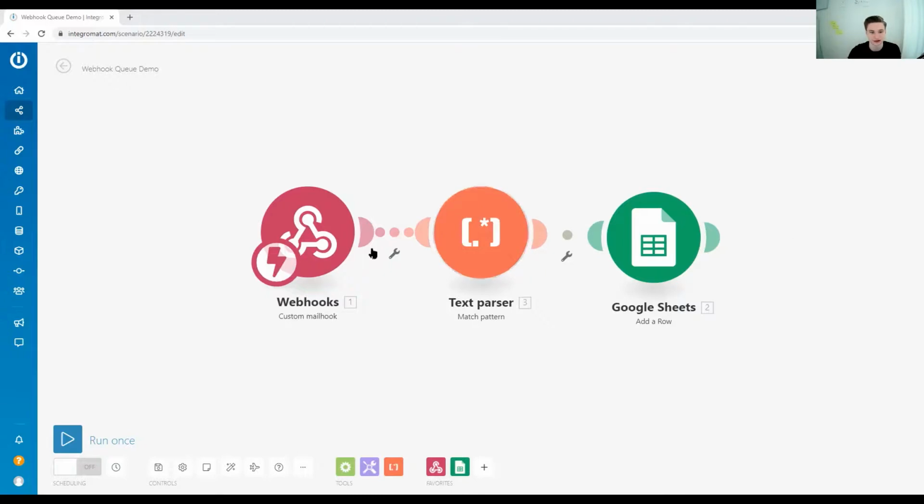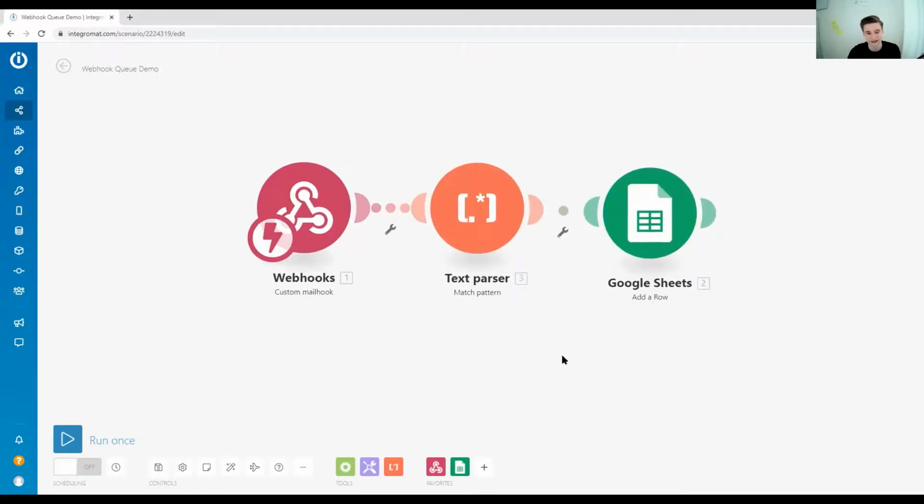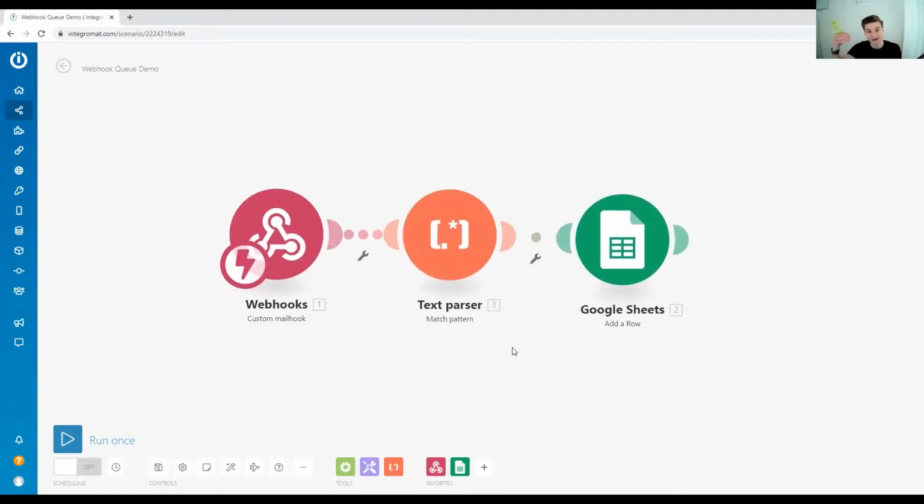So each scenario can only run 45 minutes. So if you have a lot of cycles in a scenario, and let's say each cycle takes 10 minutes to execute, running through the whole thing, executing all modules, committing it, everything,